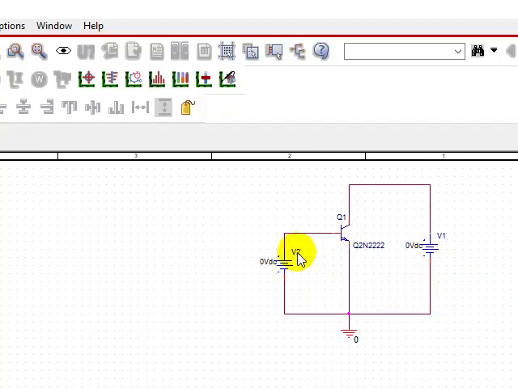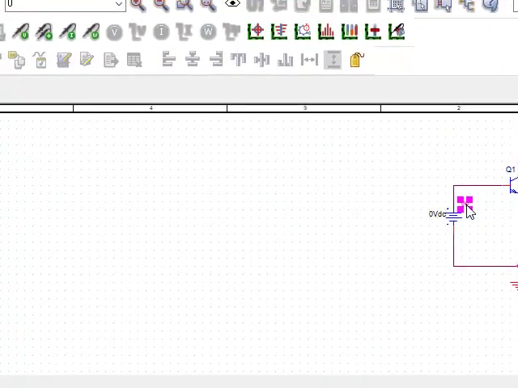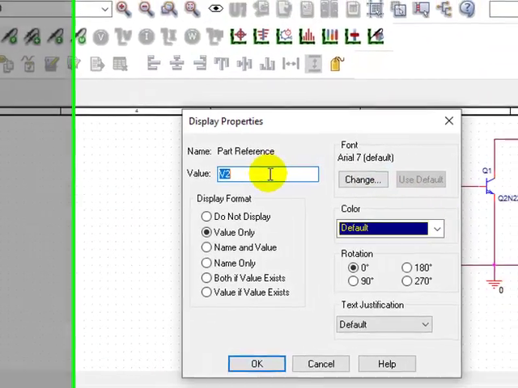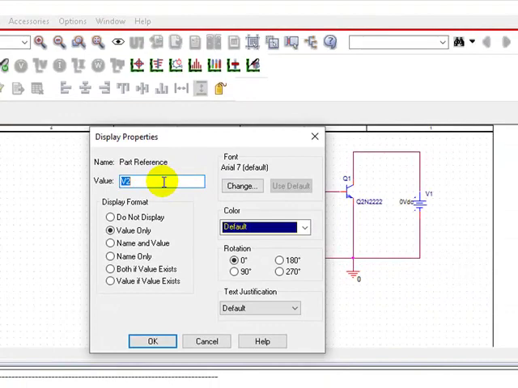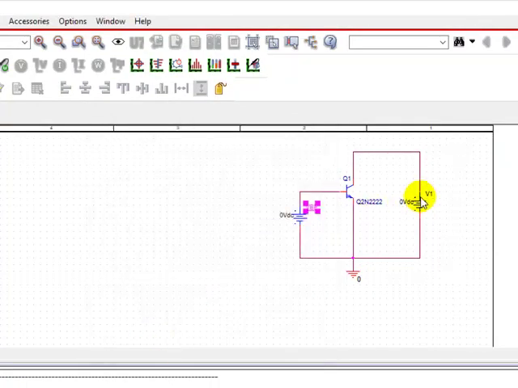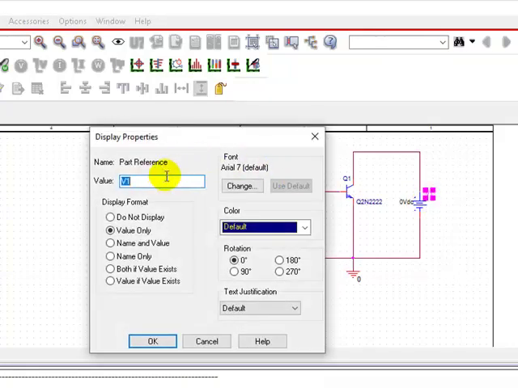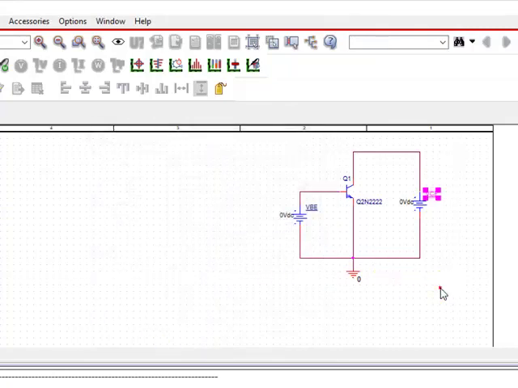Just double click on the part reference or the reference designator and give the new reference designator. I'll call this VBE, and I'll click on V1. I'll call this VCE. So I'll enter VCE. Now we are ready to simulate.